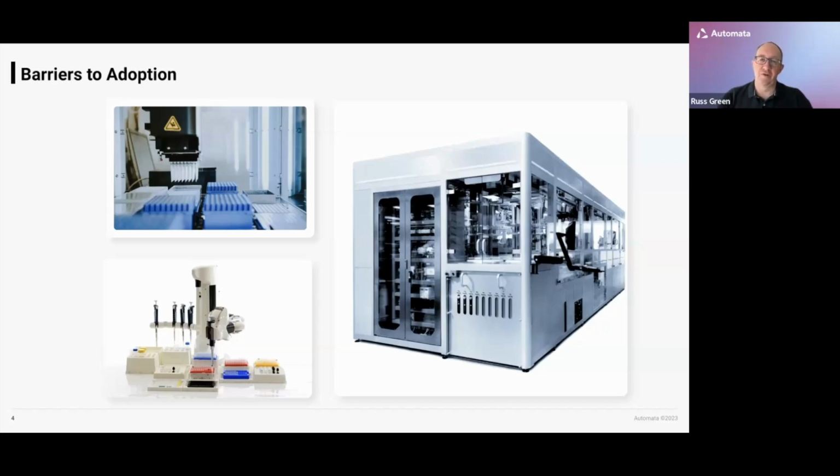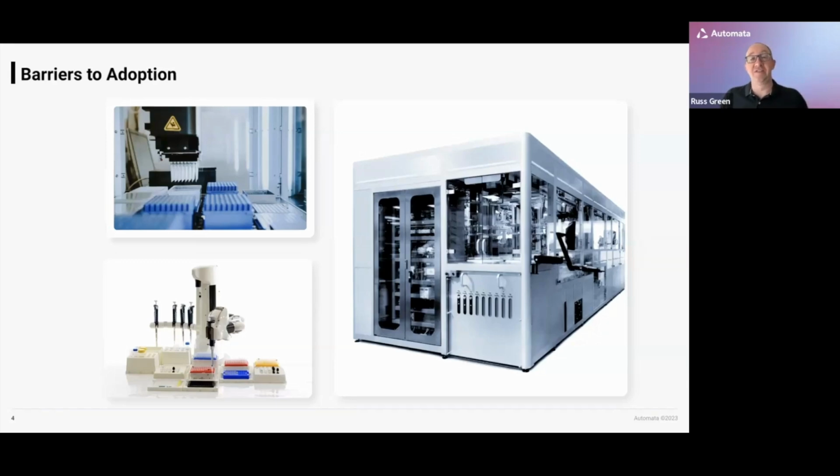But at the other end of the spectrum, most people's starting place for automation in the laboratory space is around liquid handlers. Let's face it, most life science activities involve moving liquid from one place to another. And so we tend to steer towards liquid handling as our first port of call of automation. And there are plenty of people that have had an experience of not getting that quite right, or hearing about people that didn't get that quite right at the outset.